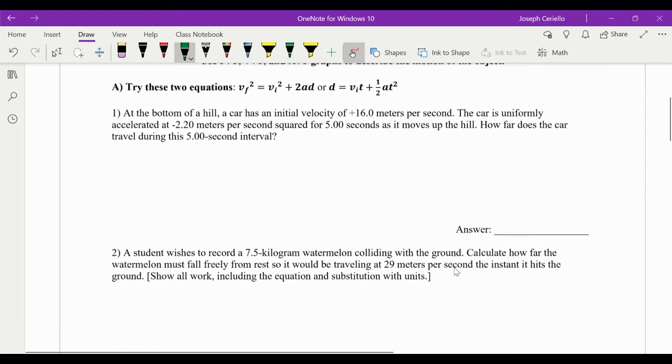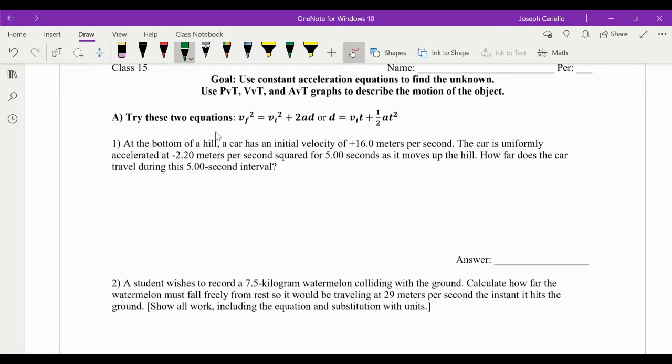So the first question here says, at the bottom of a hill, a car has an initial velocity of 16 meters per second. So let's write that down to start. Vi equals 16 meters per second. The car is uniformly accelerated at negative 2.2 meters per second squared. So that tells us that the car is slowing down by 2.2 meters per second each second, all right, for 5 seconds. So t equals 5 seconds